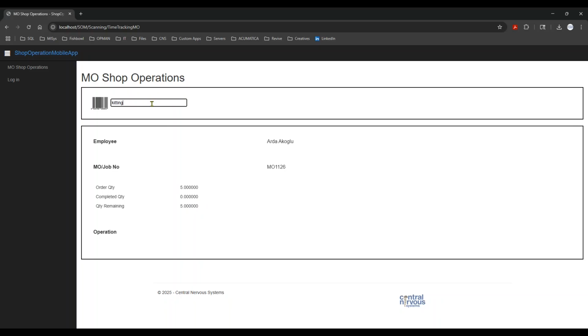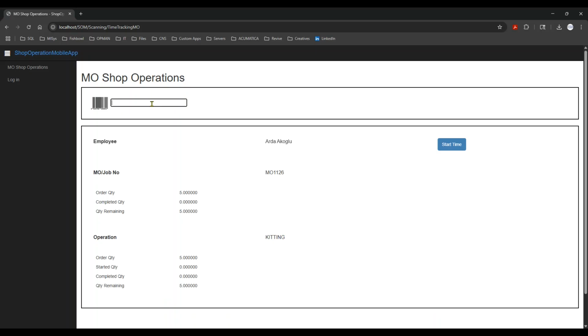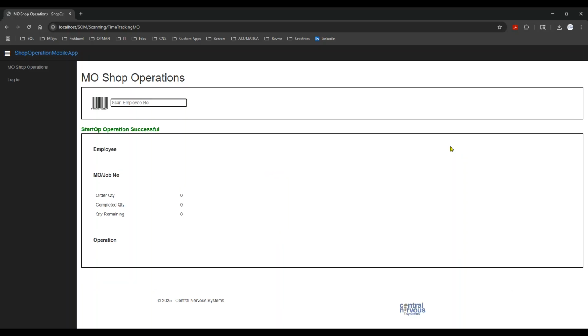Finally, as the third part of the triple scan, we scan our operation, and now we know for that operation the order quantity, what is started, what is completed, and the quantity remaining. Once the triple scan is complete, a start time button appears, and all the employee has to do is click on that start time and walk away. As you will see, the app has reset itself for the next employee to come and scan their time into the app and then go work on the operation they have